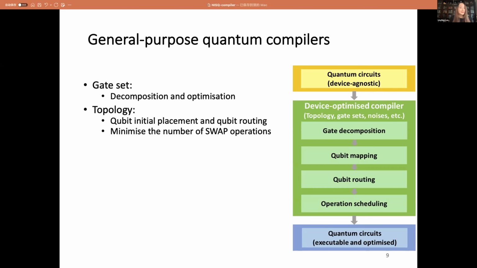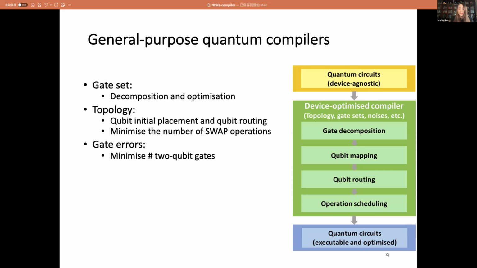It also has qubit initial placement and qubit routing passes, such that it can place qubits close to each other and try to reduce the number of swap gates that will be used for non-nearest neighbor 2 qubit gates.